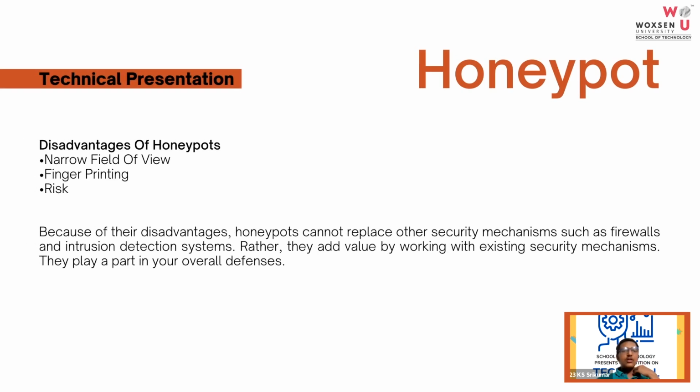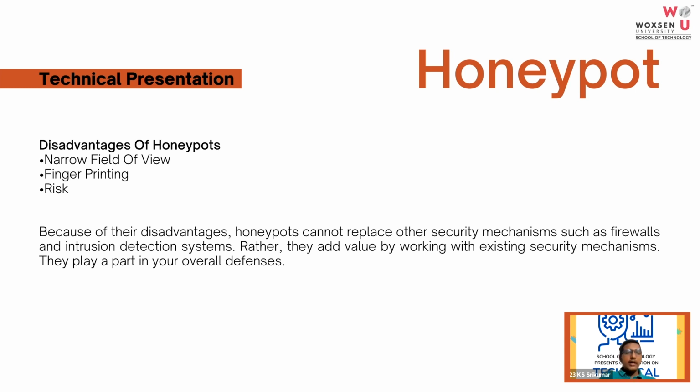Disadvantages of honeypot. There are many disadvantages of honeypot. Here are three. One is narrow field of view. Honeypot works only when we give some information to the hacker. So if we give one piece of information, the honeypot will work for only that information. If the hacker attacks for some other information, or attacks from another perspective, the honeypot will not be able to block the hacker. Suppose a hacker hacks from the back door, or if you gave information about a railway portal and he hacks the airport on the same website, he can easily hack because the honeypot is not over there.